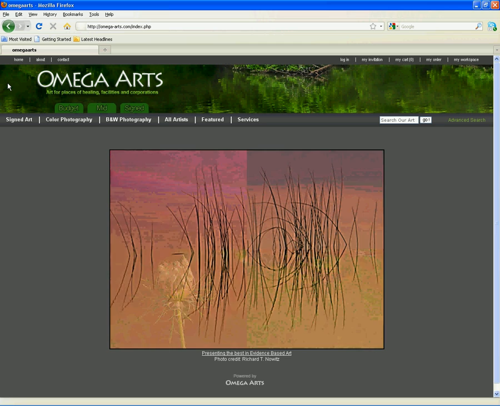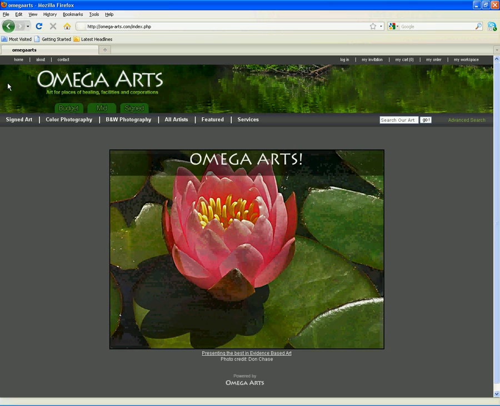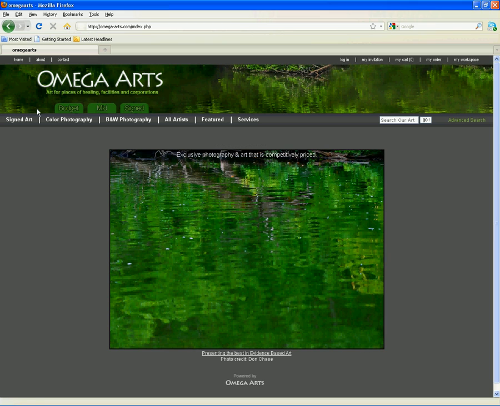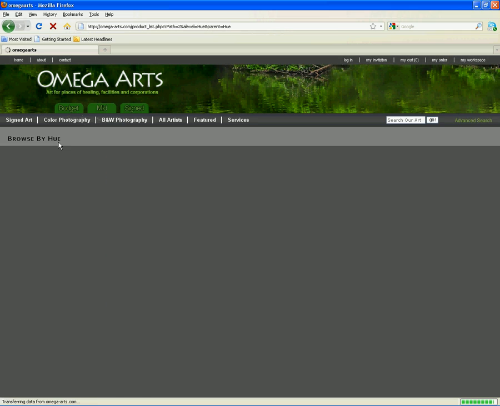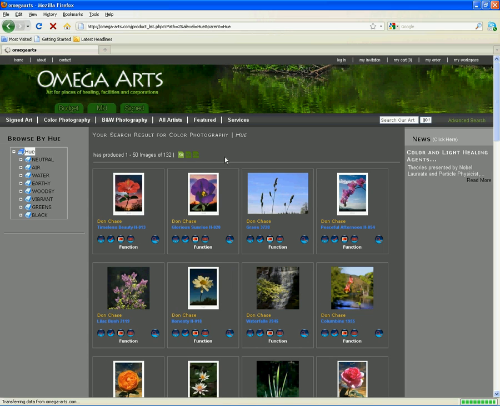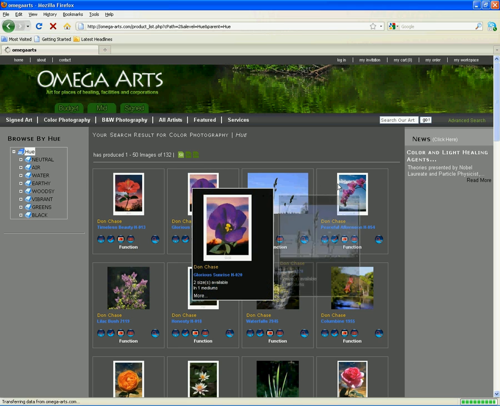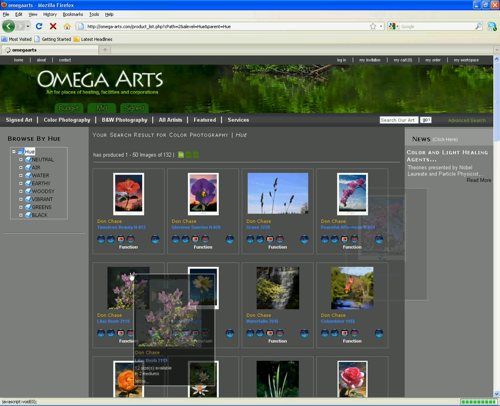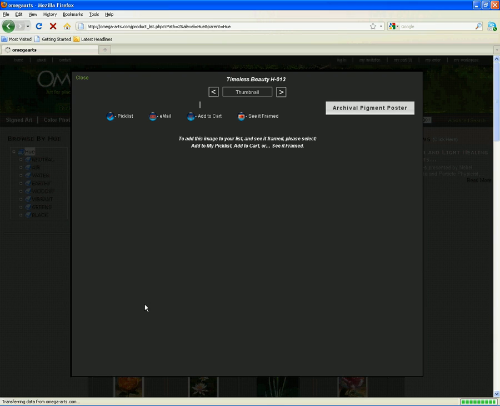Now, take a deep breath for a wonderful experience of photography coming up. Let's hop on to color photography and view by hue. If you simply move your mouse over the photographs, you'll be able to view the image secludedly. Else, if you want a more detailed view of your image, just click on More, and the image will be all before you.